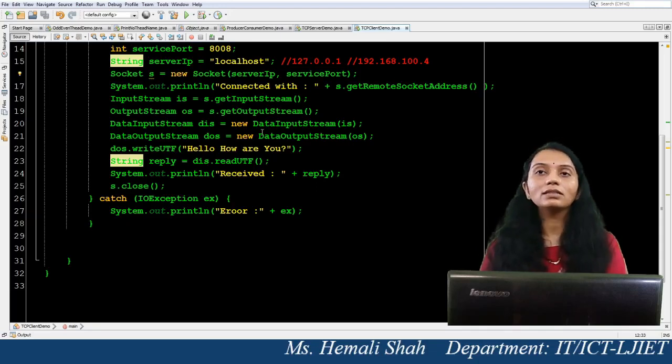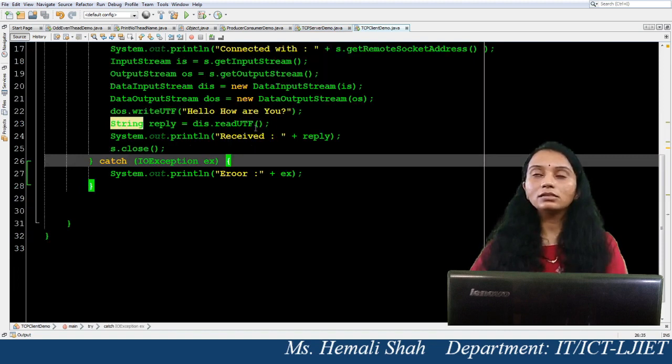First message will be written by the server, second message will be written by the client, again the server will write something, then the client will write something. So the read and write process you have to repeat in a while loop, using while true and taking some data as input, for example bye as the content. If you receive bye as the data, you should break this loop, and you can make such a chatting application also. So let's build the chatting application in the same program.